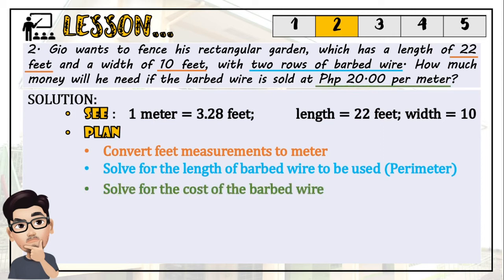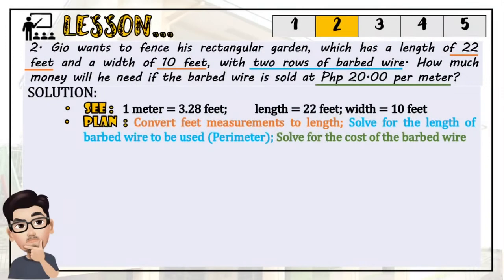And another one is we need to solve for the cost of the barbed wire, in which we will satisfy the word problem if we arrive with the correct answer. Okay? Now let's execute our plan. First one, we will solve the length of the barbed wire to be used, or the perimeter of the rectangular garden, which will be